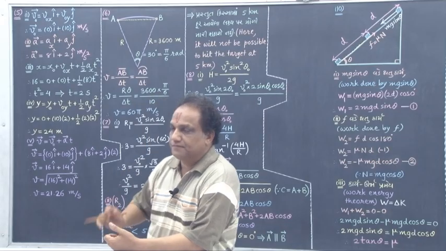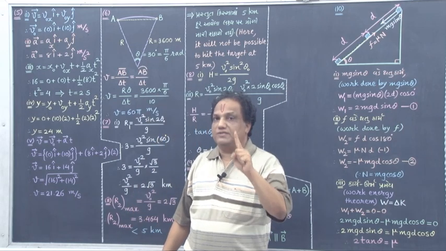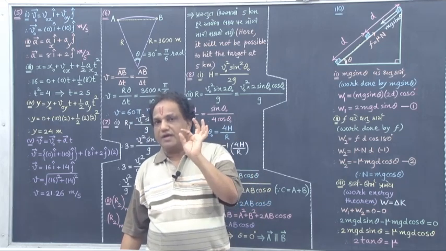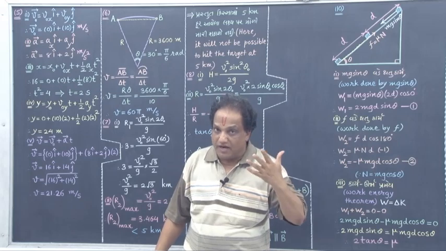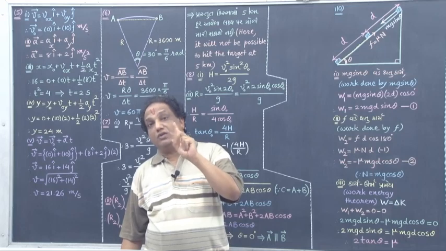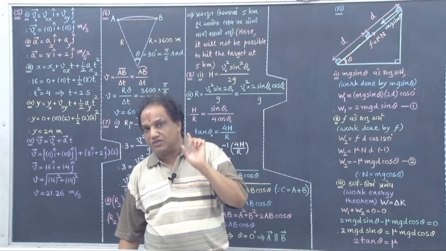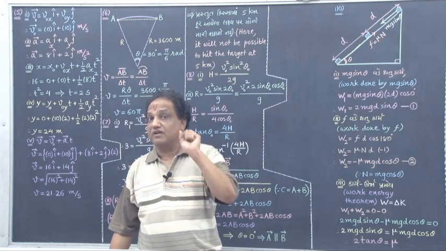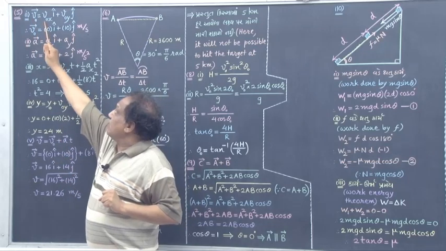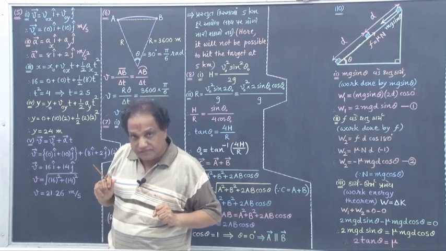My dears, you must have remembered that projectile motion is a two-dimensional motion, correct? So, if you want to recall any vector quantity, its formula or expression, then you must recall its formula in two dimensions having two components. For example, initial velocity vector v0 can be written as v0x into i hat plus v0y into j hat, correct?